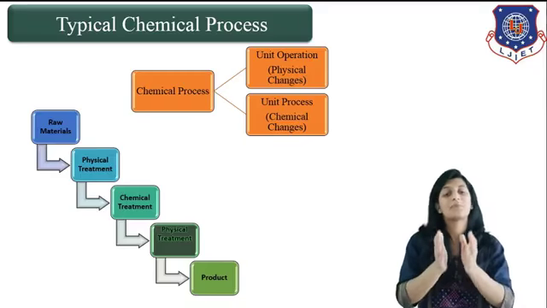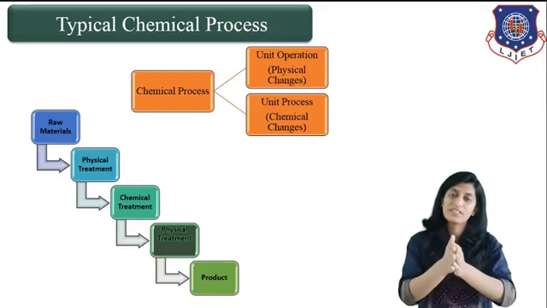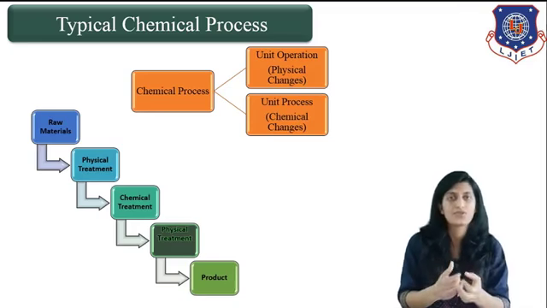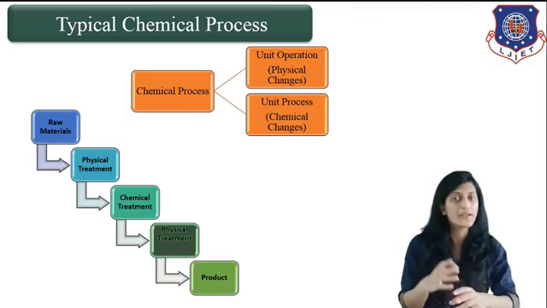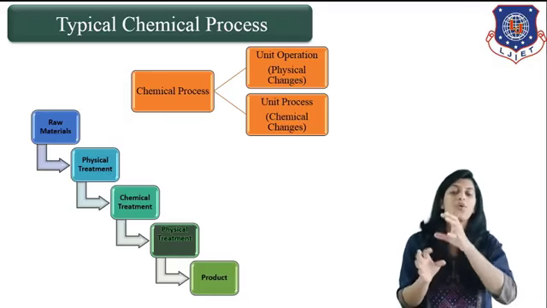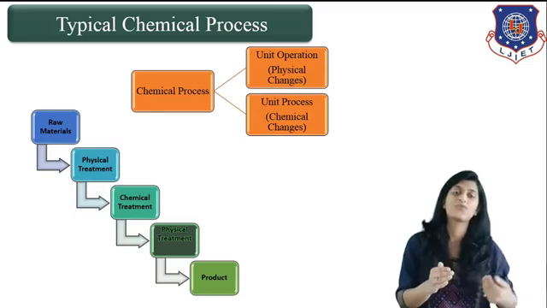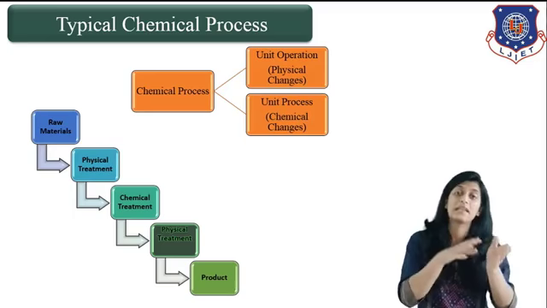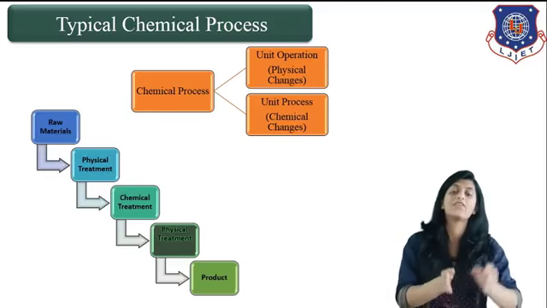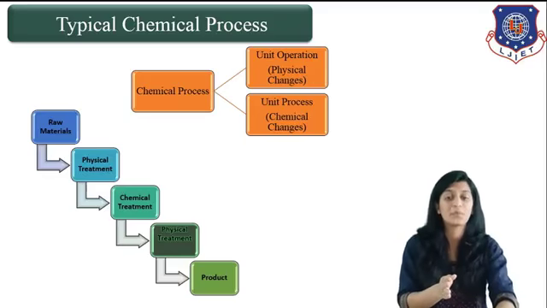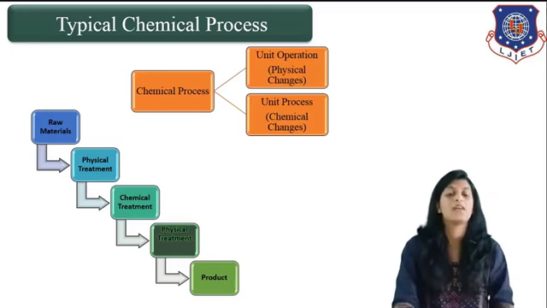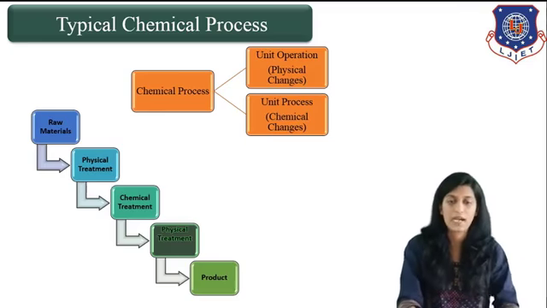So initially when we are supplying our raw material, once we supply our raw material, we need to make our raw material workable. That's why we are giving some physical treatment of size reduction so that we can get our desired product, right? Once we give them physical treatment, it is then sent for chemical treatment where reaction takes place and raw material is converted into final product. Once the product is obtained, again we are giving it a physical treatment where it is converted into desired size and desired shapes, which is known as final product.